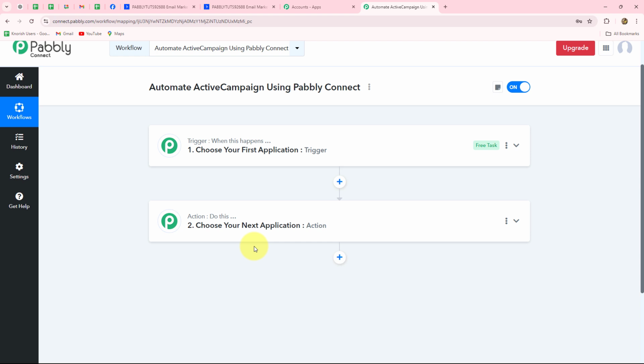You can add ActiveCampaign in trigger as well as action. So if you want that whenever a specific event occurs inside your ActiveCampaign account, you want to capture the response of that, and you want to transfer the response to any other application automatically, then you can use ActiveCampaign in